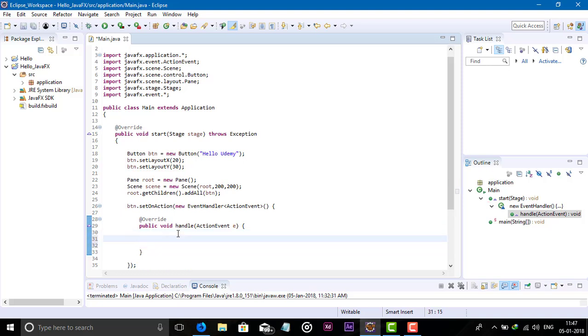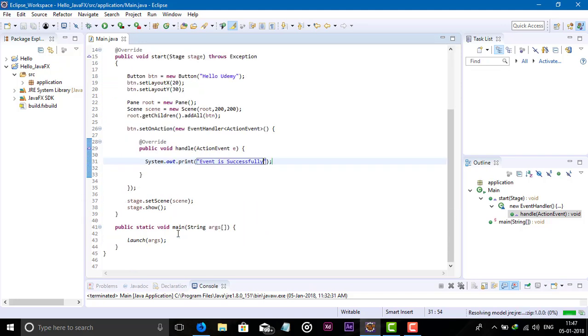Firstly, you can say System.out.println, event is successful. Okay, now check whether it works or not.